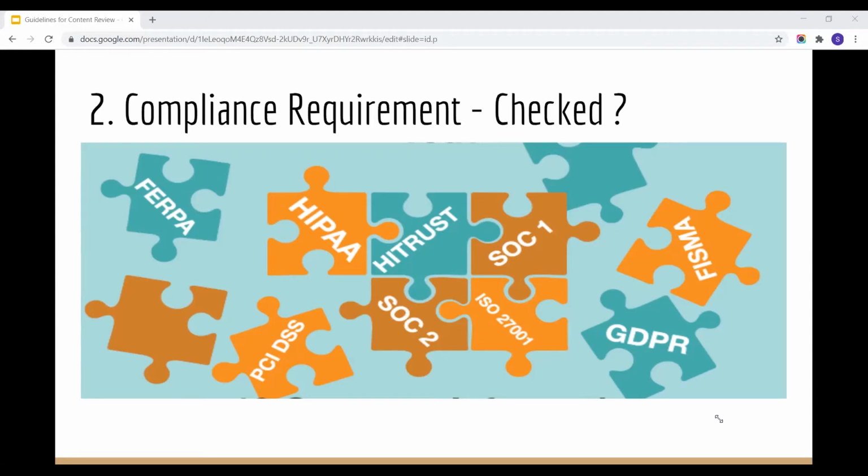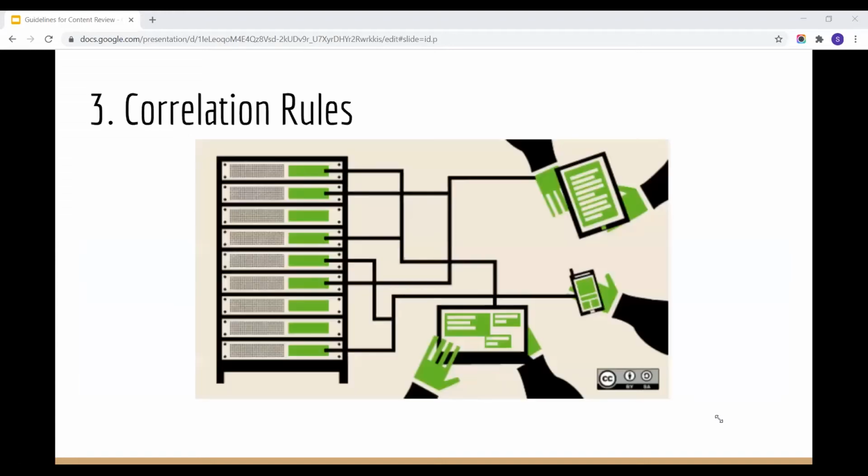Several vendors offer inbuilt functionality to support specific compliance mandates. But additionally, you need to bear in mind your auditing requirements, including how much log or event data you need to keep, what format it needs to be in, and how long you need to retain it for compliance purposes. Right?